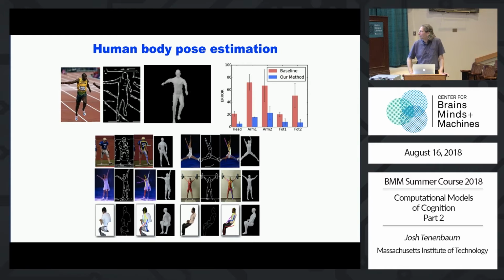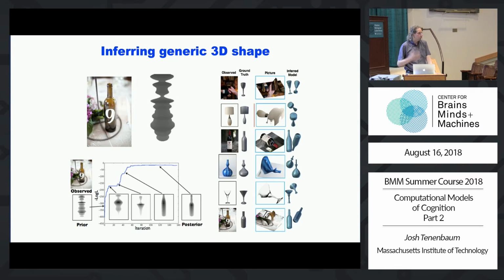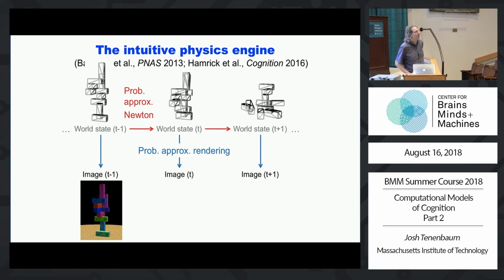Okay, but this was used to build a system that at the time was actually a state-of-the-art full 3D body perception system. We could use it for other kinds of generic objects like bottles and vases, these spherically symmetric, or cylindrically symmetric, but interestingly shaped objects. Okay. Again, it works really well, though slow. I'll come back in a little bit to how you could use neural networks to accelerate all of these things. But the key is that the target of perception is this rich 3D percept, which then becomes the input to the physics engine, right?